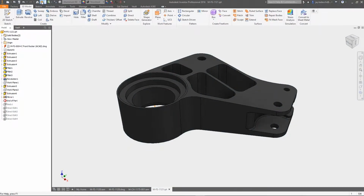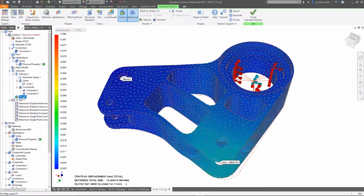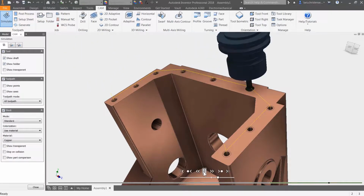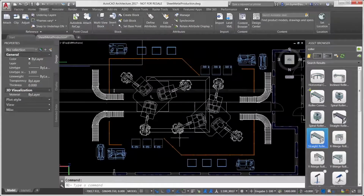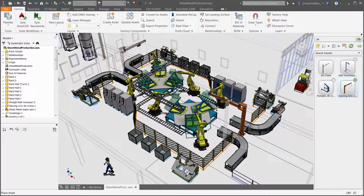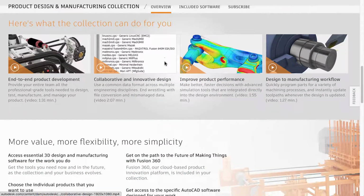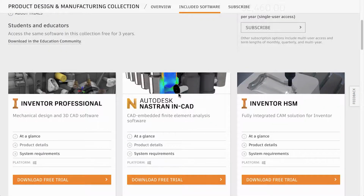With associative DWG, shared libraries, advanced simulation, integrated CAM and factory design utilities, you'll use the right tool for the right task. And if you're the contract manager charged with managing software licensing, how about providing your team with all of the tools they need to get the job done, all included in a subscription of the product design and